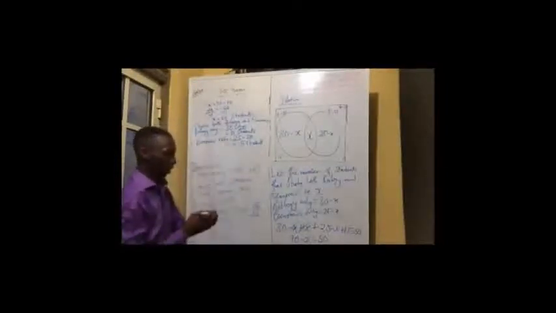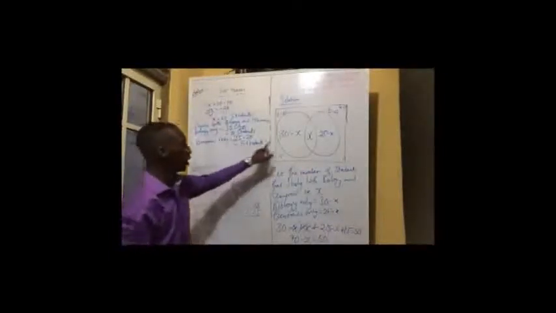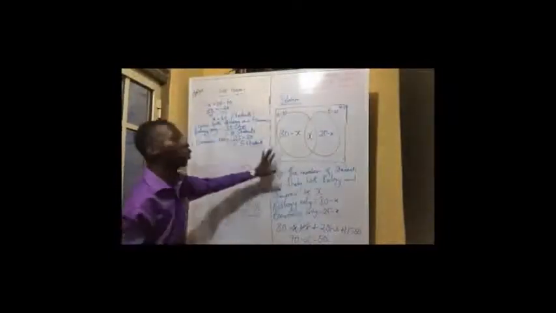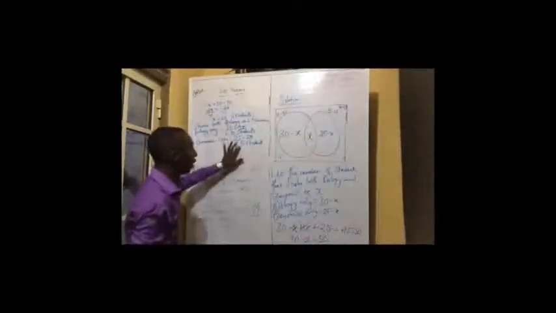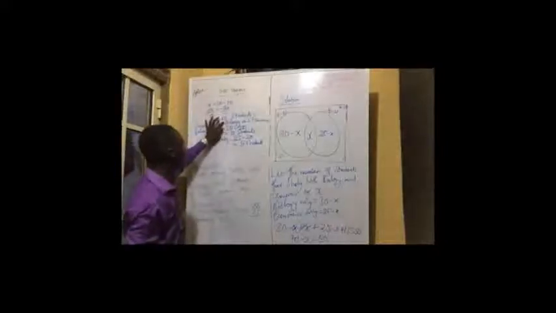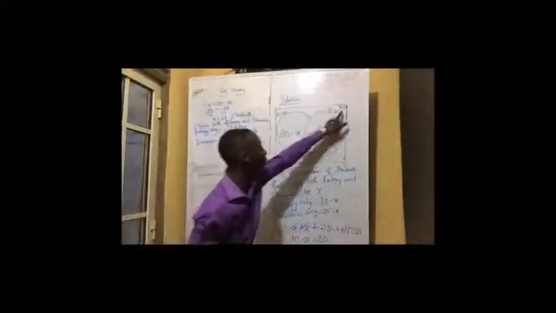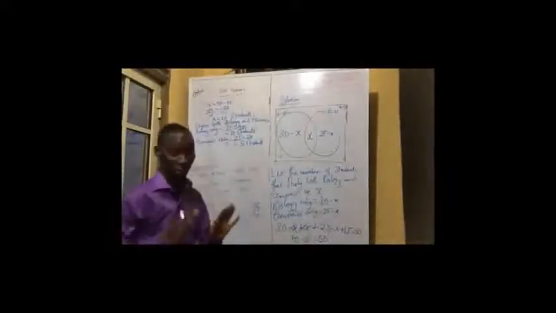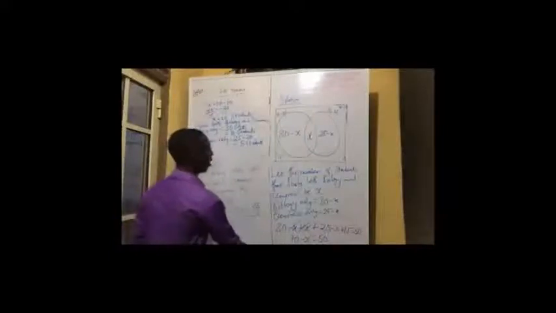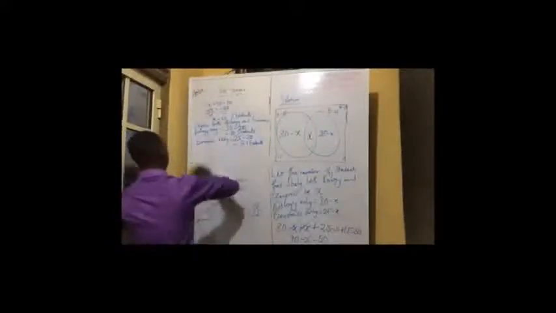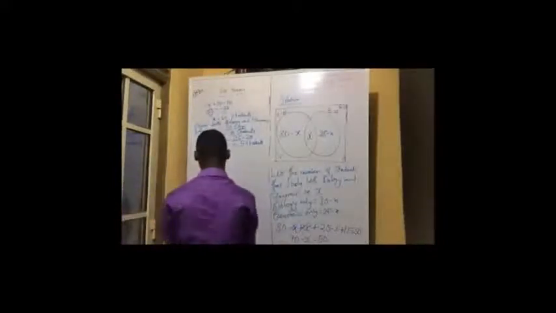Now what you will do is sum up everything. Those that do biology only, with those that are doing economics, with those that are doing both subjects, then with those that are not doing anything. It must sum up to 50 students. You have 10 plus 5 plus 20, that gives you 35. Plus the number of students that are not doing anything, you have 50. So automatically you have a correct question and a correct answer. I hope that is clear. Now let's go to our example 2.